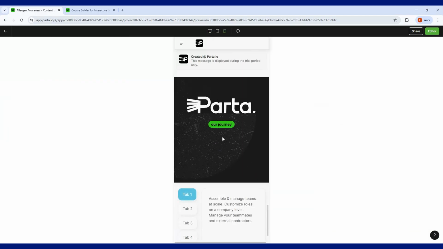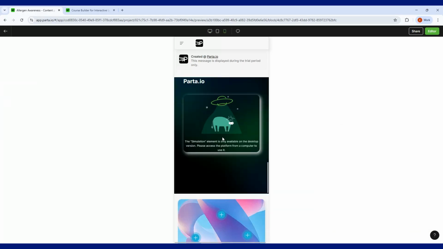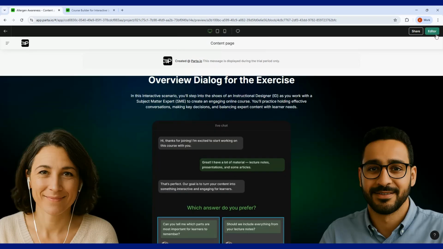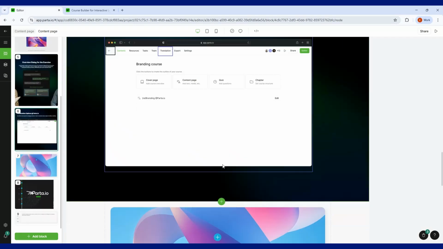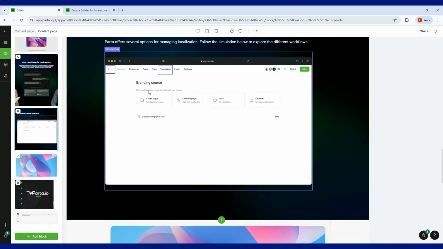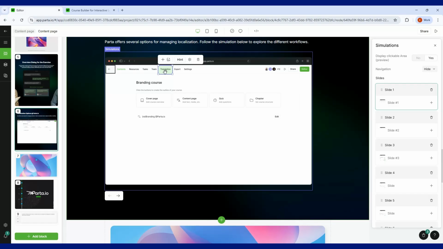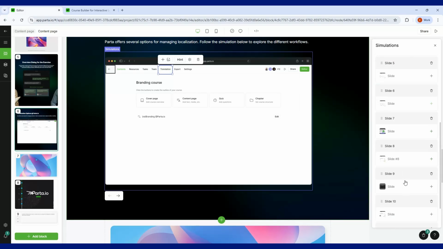I don't think this is available on mobile either. No, unfortunately not. That is a desktop one too. So I like that simulation tool for that kind of specific use. I think that is quite useful actually, and like I said, would be good for really simple sort of walkthroughs